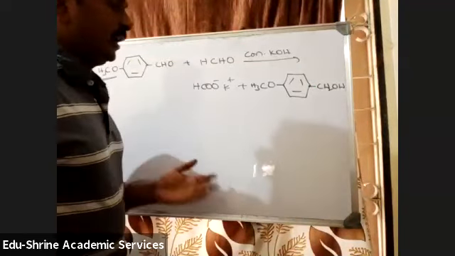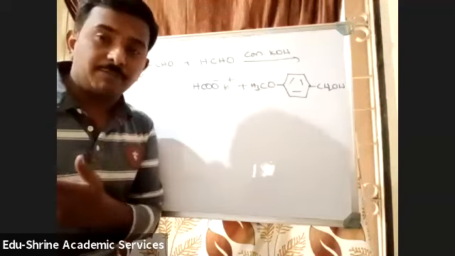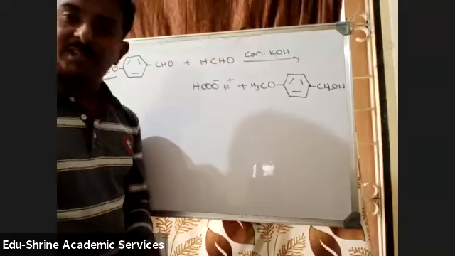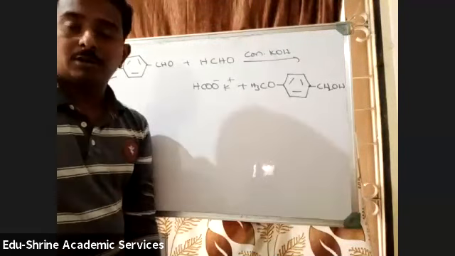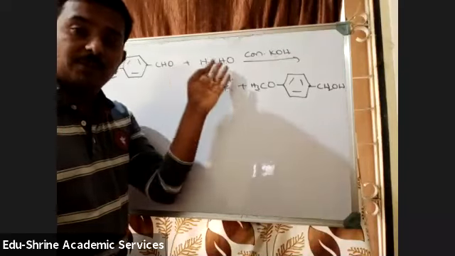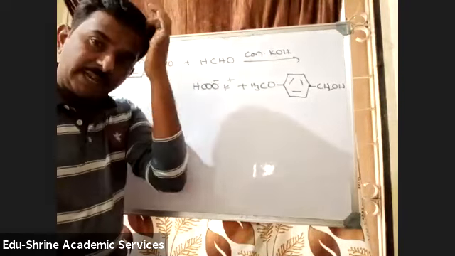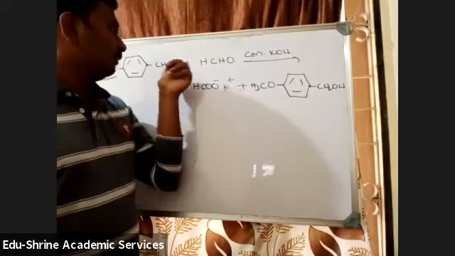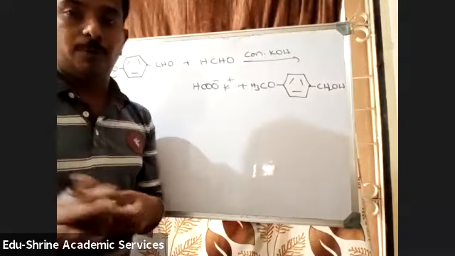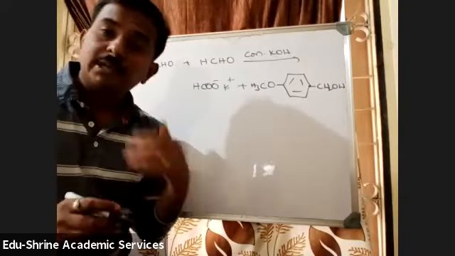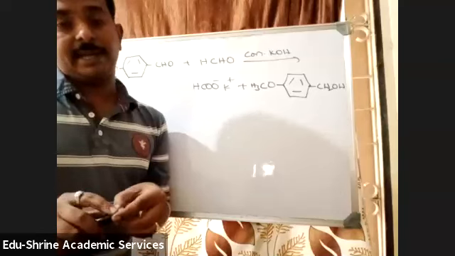That's what I will always tell you. Whenever there is more than one functional group in the reactant, just check whether they are going to react with the given compound or not. At most, in the exam there will be a question between formaldehyde and benzaldehyde only. Formaldehyde will always be converted into acid, and benzaldehyde will always be converted into alcohol. This is called the crossed Cannizzaro reaction.